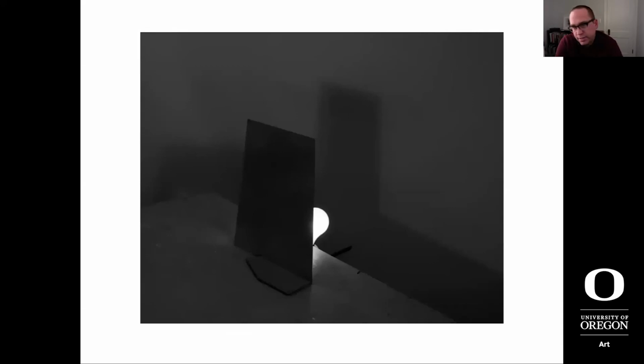And then an image like this, thinking about how one creates a sculptural space where the light emitted seems to be between the object and the shadow it's created. How does that work? Those are lingering questions. I know how all these were made, of course, but the image still reverberates on those levels.